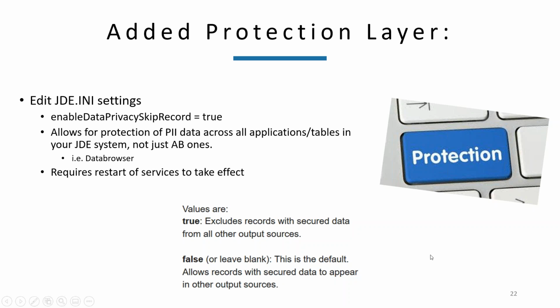I took these descriptions from the Oracle site as well. True excludes records with secured data from all other output sources. Like I mentioned, for any other source inside JDE that has this data that your permission lists are set up to secure or govern, when that's set to true, it uses those permission lists to look across the whole system and say, okay, because this user has this permission list assigned to their user level, or because this user has this role that has this permission list assigned,